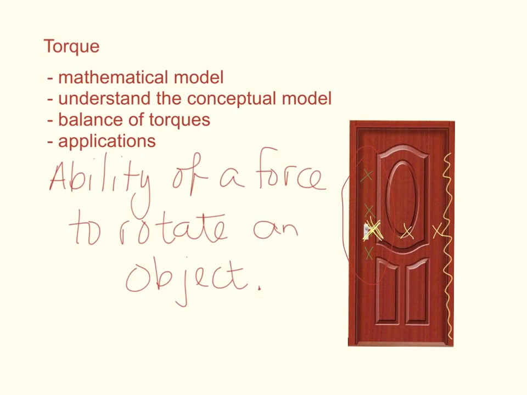So let's define a variable here. Let's call torque this Greek letter tau, and the only reason I'm telling you to use this is because that's what's most generally used, but you could use any letter you wanted. It kind of just looks like a fancy T, but that's how I'm going to describe torque when I write it mathematically. So conceptually speaking, in terms of where you push on a door,